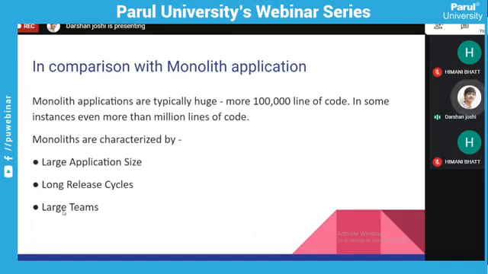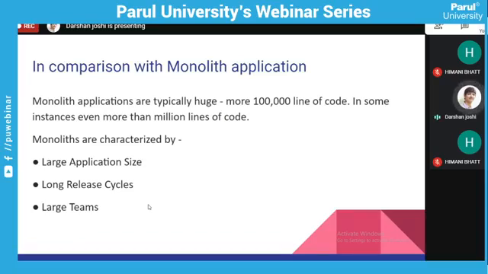I'll compare this microservice architecture with the monolith, so that you can understand the flaws of a monolith application. Monolith applications are typically huge, more than 1 lakh lines of code, in some instances even more than a million lines of code. When a front end goes to the backend, it must be hosted on one server or maybe multiple servers, right?